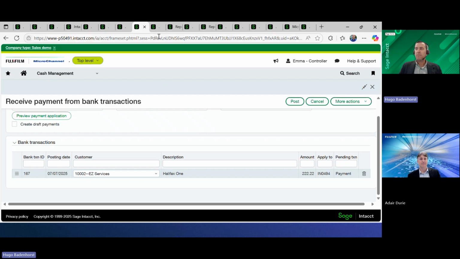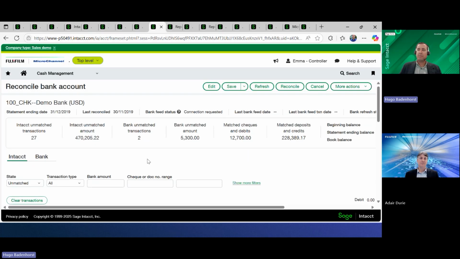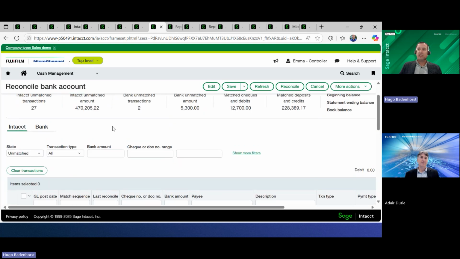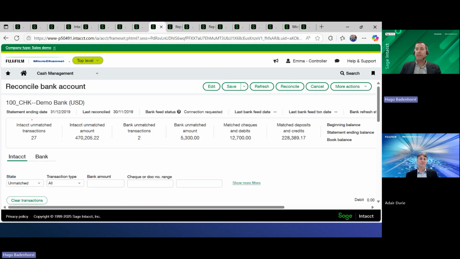When we look at the recon itself, there's a couple of things in there, but essentially we're comparing things that are unmatched on the Intacct side and things that are unmatched on the bank side, and we can do things automatically after that. For the things that we'll be able to match, there are some options there that you can see. So my checks and debits were matched automatically. Things that were on the bank side and also on the Intacct side matched based on the rules. So we've got those details coming in.